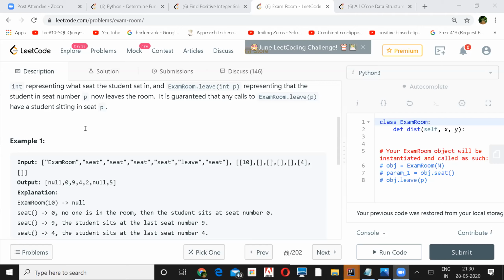A heap, yes, it can help. If we take a max heap, which always tells what's the max distance, based on the distance from points, we can find out which is the max. So basically we are optimizing our seat operation. Whenever somebody calls seat, we'll say okay, this is the max distance for two guys, and then we can insert a position between them.